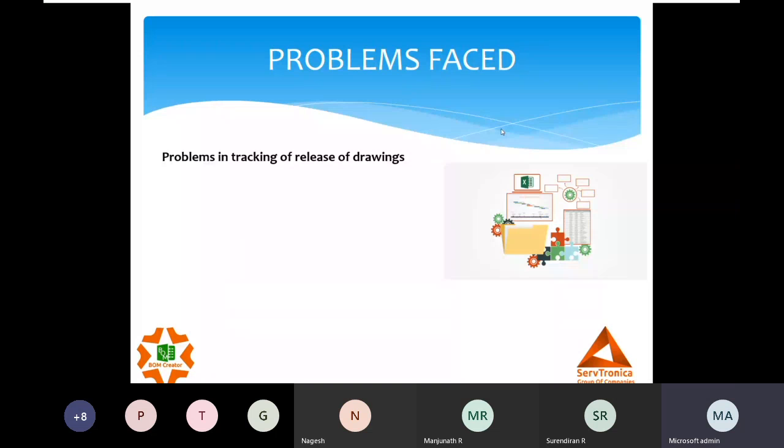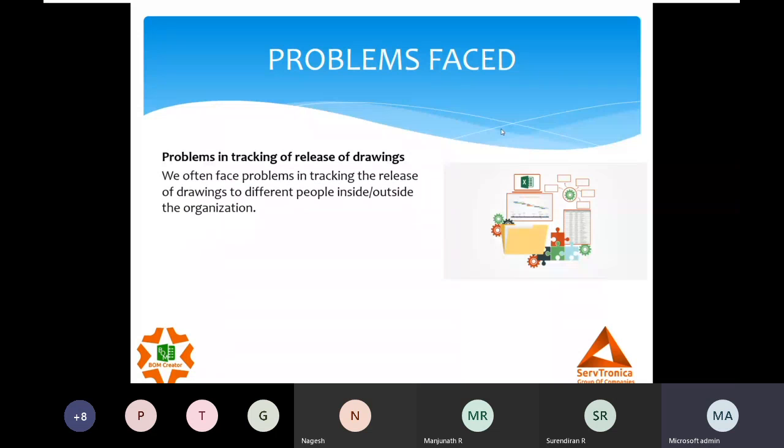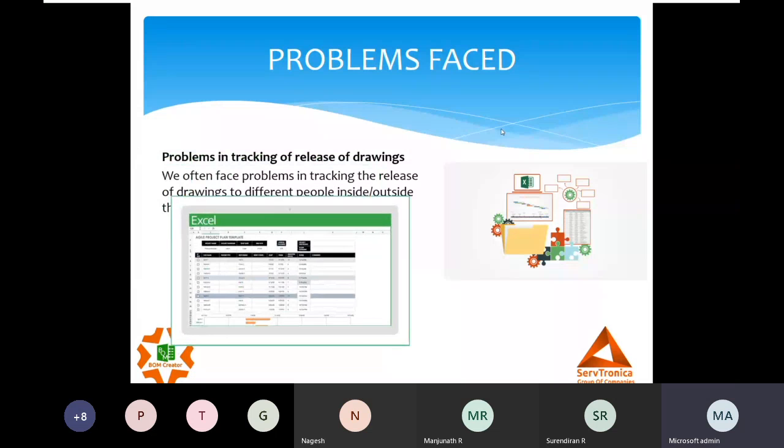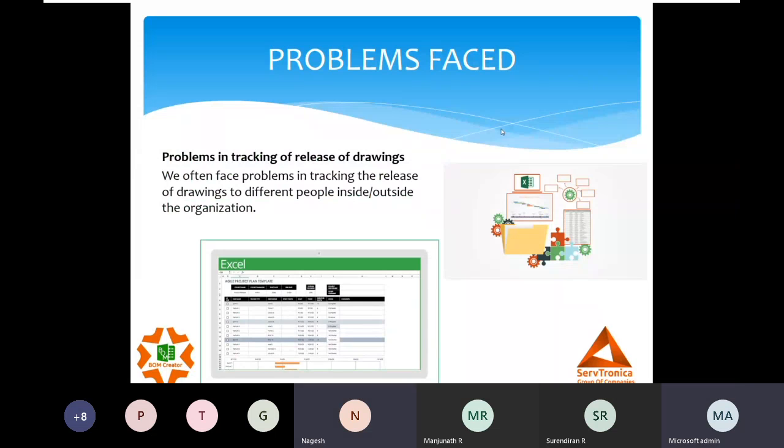So there's no track of anything. Purchase comes back saying we have not released the drawing to this vendor, we gave it to another vendor. So there's always confusion about who has the drawing. There's no proper track. Sometimes people try to maintain it in Excel, sometimes they make a register for entry, but very honestly, nobody follows that Excel or register. So at some point we miss the track, and we keep on releasing the drawings.